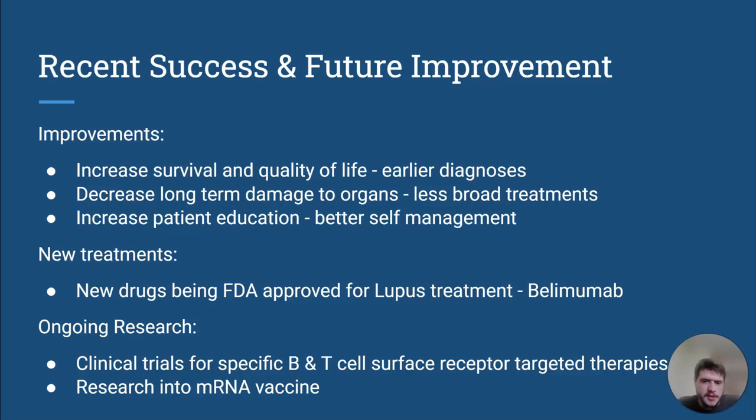So, just in recent history, they've improved survival and quality of life, decreased the amount of damage that happens when someone has a period of the flares. And then they've increased education on lupus. All sorts of new drugs are being FDA approved. And then I read more about other drugs going into clinical trials. And so we'll see more. Like I saw one that goes on to stage 3 clinical trials. So that's another one getting close to being approved.